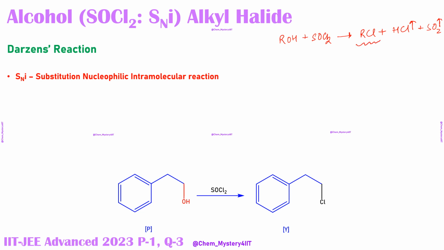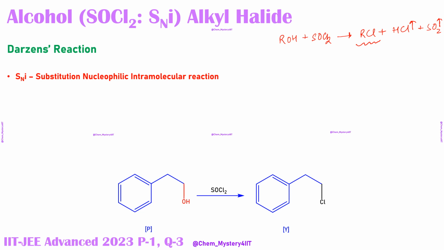This is one of the best methods of preparation of the RCl. Not just that, pure products we are getting. Also, this reaction has one extra advantage, which is retention of the configuration. So if you are starting with some compound which has the halogen present at some chiral carbon, then the chiral nature of that compound will be retained in the final product without any risk of undergoing inversion in configuration or racemization. That's the beauty of this reaction, Darzen's reaction, use of SOCl2.